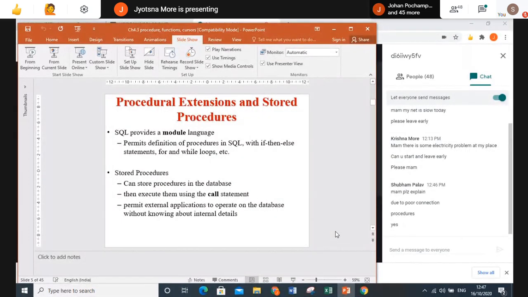Now, the difference between a normal procedure and what is basically called a stored procedure. Why the stored procedure? Because you can store the procedure in your database if you require, and later on you can just call it whenever you require. Usually, the big companies do such things if they require it. Otherwise, on the spot they will write a procedure and execute it.